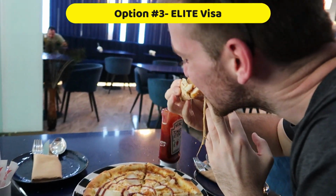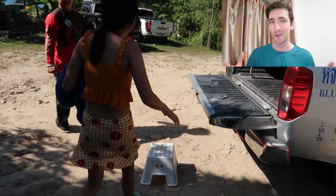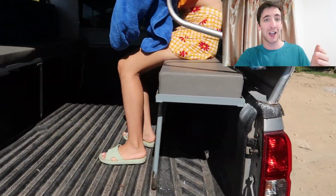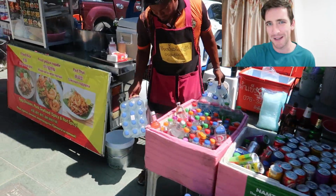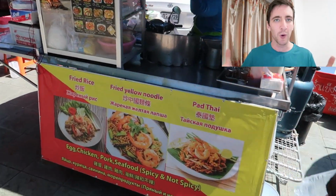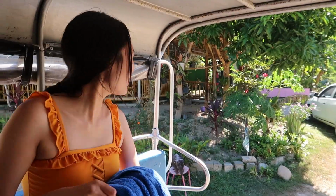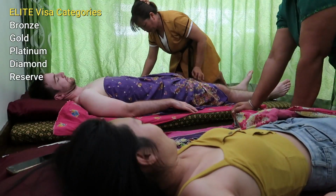It's popular because it's very straightforward. You just pay a membership fee and get access to a host of perks, and depending on the level or type that you apply for, the duration could last up to 20 years. But of course, the longer the duration, the more expensive that it will become. So let's explore that, shall we? What the costs and requirements look like per Elite Visa category, which is split up into Bronze, Gold, Platinum, Diamond,